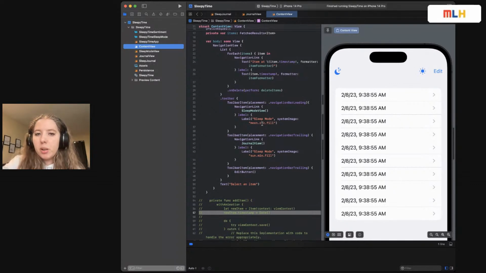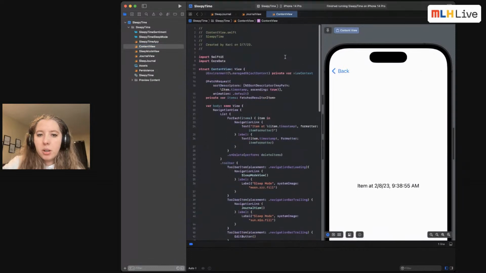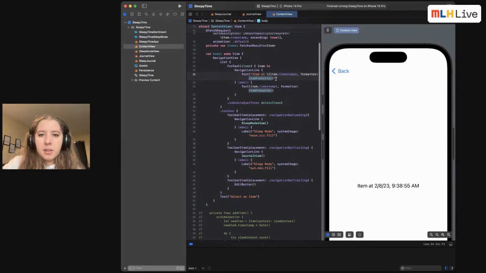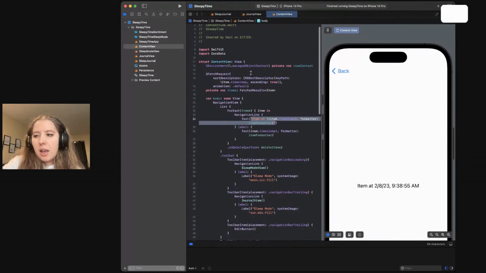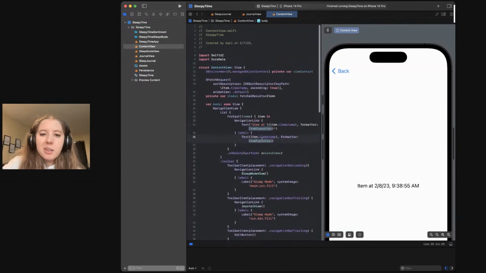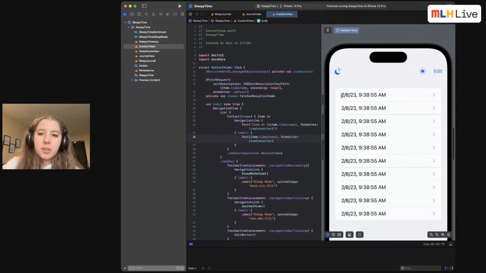So when we click on one of these tabs, currently what shows up is just item timestamp, item formatter. I think that's kind of boring. And then we have a label. So honestly, we're going to change this up. First thing I'm going to do is I don't want it to just say what day and time it was. I think that's kind of boring. So we'll do a label that says something like